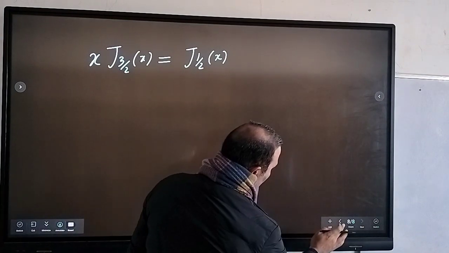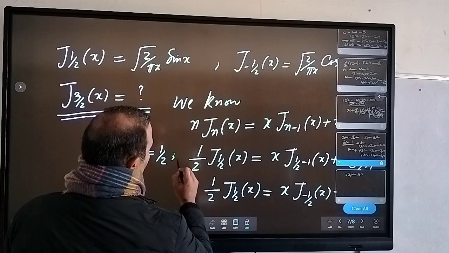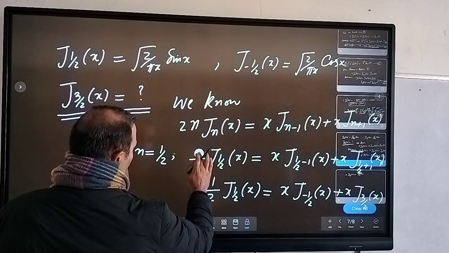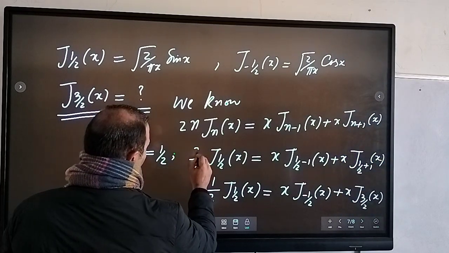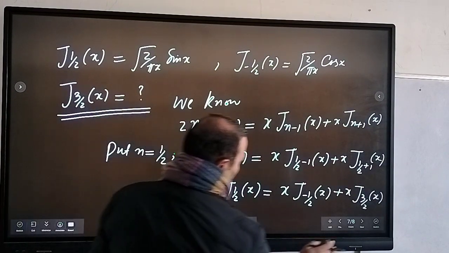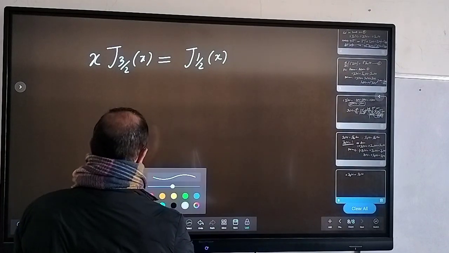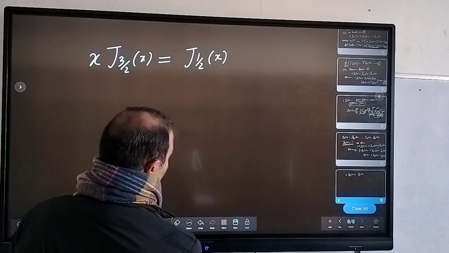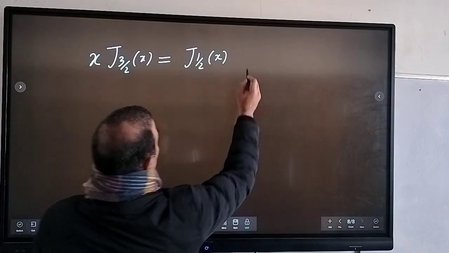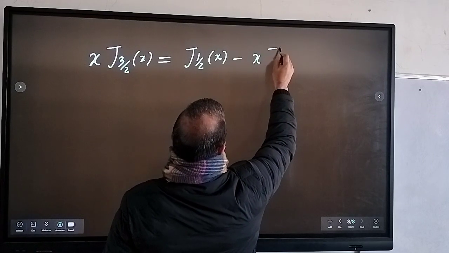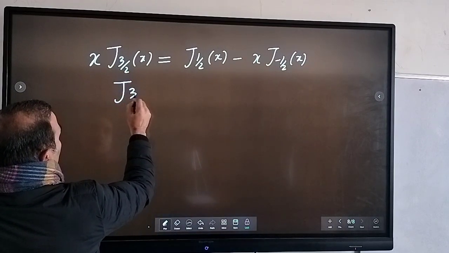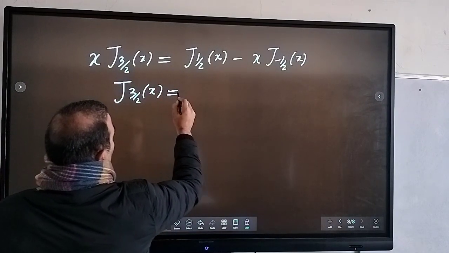So I made a mistake here, sorry. Because this was 2n, 2n, that's what. So you write that this will be 2 here. So you can erase this thing, because this will be 1 here. And on the right hand side you can write this as x j half, okay. Okay, that's it, minus x j, right? Or you can write that j 3 by 2 of x is equal to,